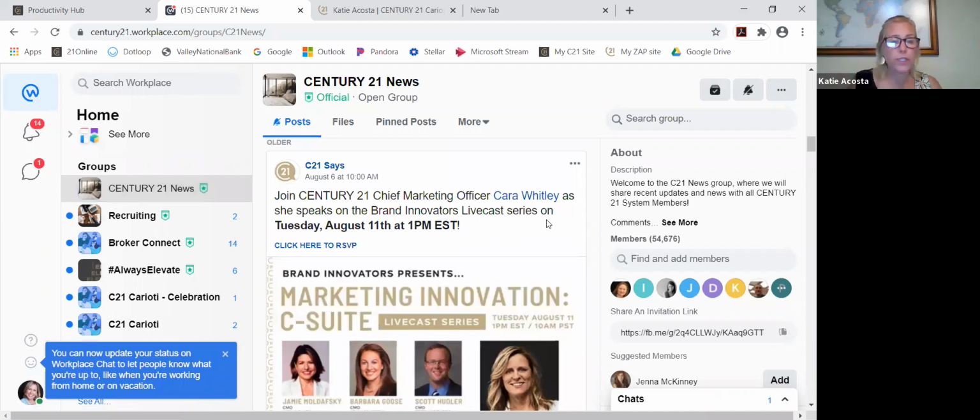This is all corporate stuff. So this is anything regarding corporate, if they're trying to give you news, or if you're trying to connect with somebody from another state that's part of Century 21, you can do so through this. However,